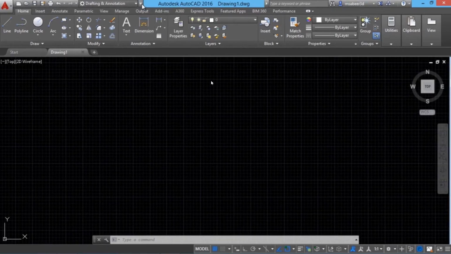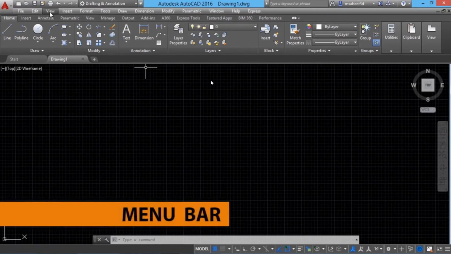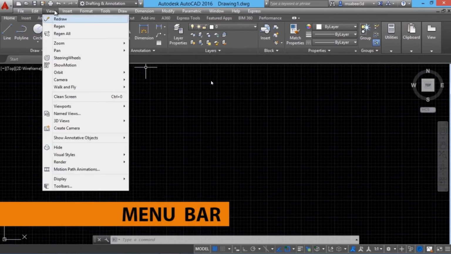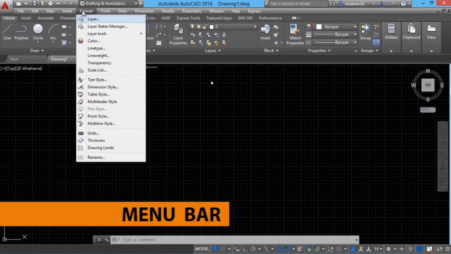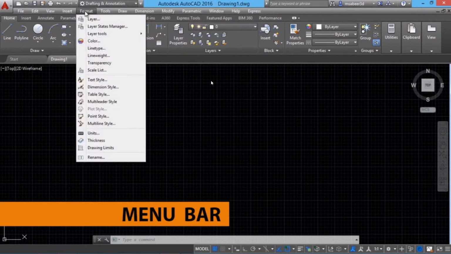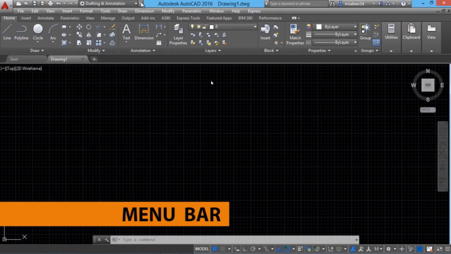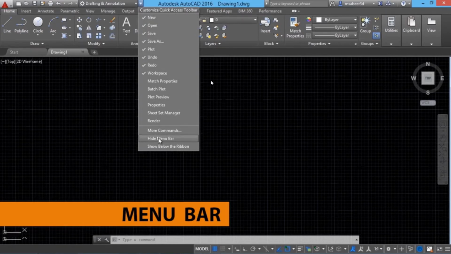Now I'll click on this down arrow and I'll check an option called Show Menu Bar, and you will get a menu bar. When you take the cursor onto this menu bar, you will get a special type of menu called Pull Down Menu. If you are switching over from older versions of AutoCAD, you must already be familiar with this menu. And in this menu, you will see all the commands that is seen in the ribbon. I don't need this, so I'll hide the menu bar. So click on Hide Menu Bar.